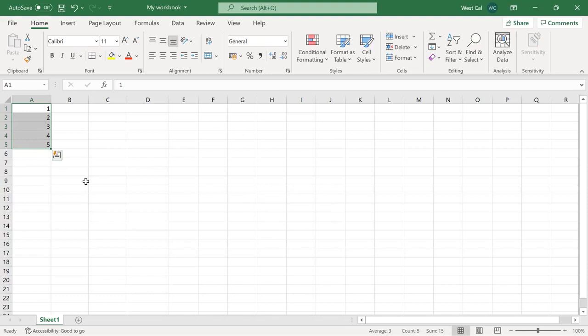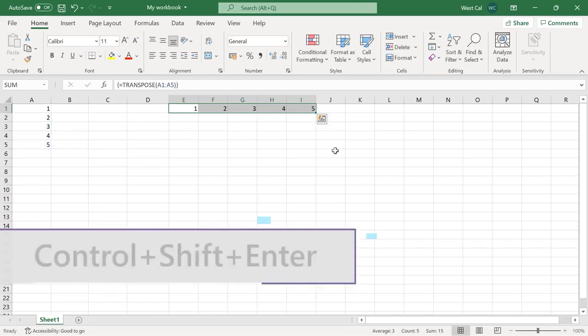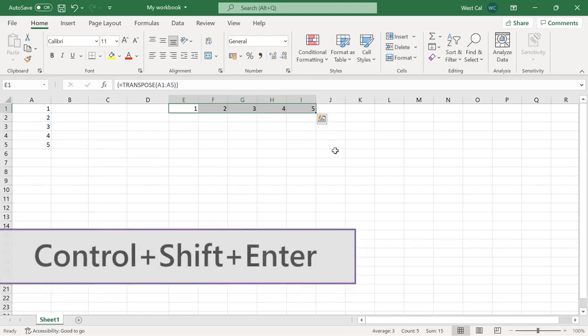transpose the values in column A so that they appear horizontally on row 1. To do this, first select the destination cells that you would like the results to be shown in. It is important that you leave these cells selected until you finish the function for the array formula to work correctly. Next, you would enter the transpose function into the formula bar with the original cell range as the argument. Press Ctrl, Shift and Enter to enter this function as an array formula, and the results will be displayed within